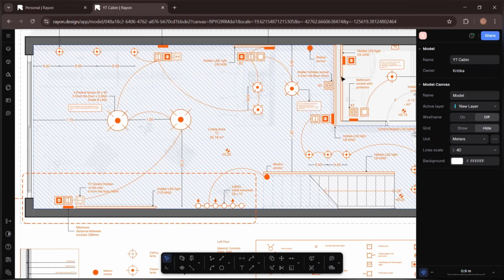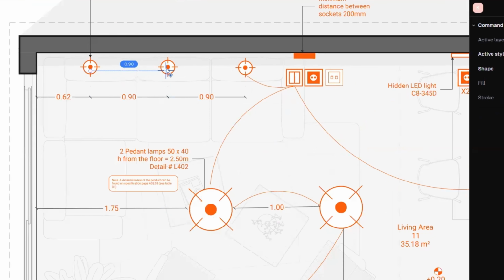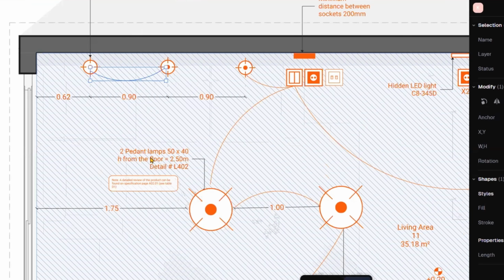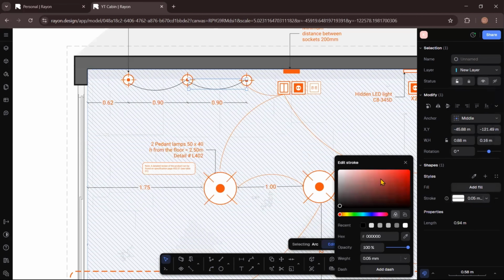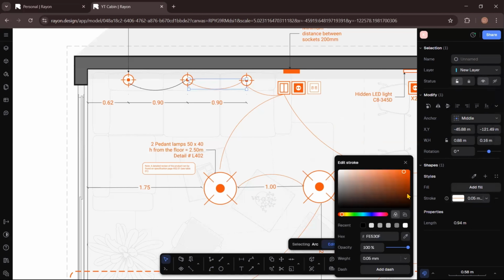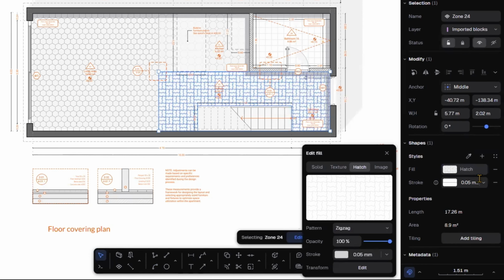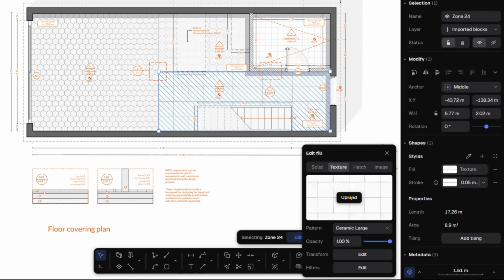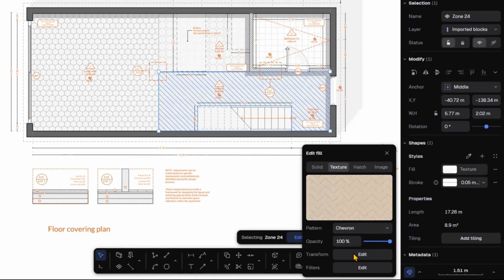For my electrical plan, I use the annotation blocks from the library and the arc tool to connect the lights, showing the looping of electric circuit. A great trick is using the color picker tool to customize the colors. In my flooring plan, I have added different patterns for different spaces. For example, a unique pattern at the entrance and a different one in the living area.